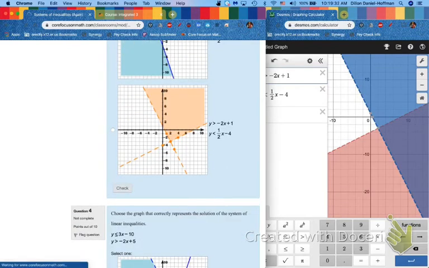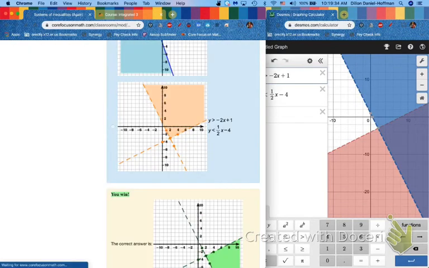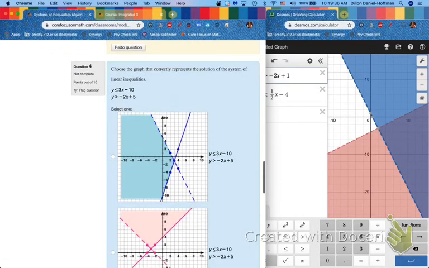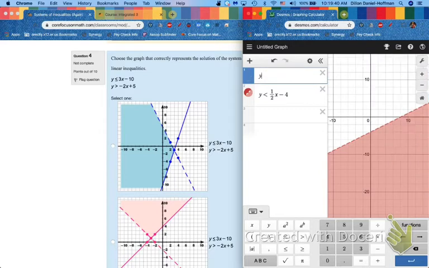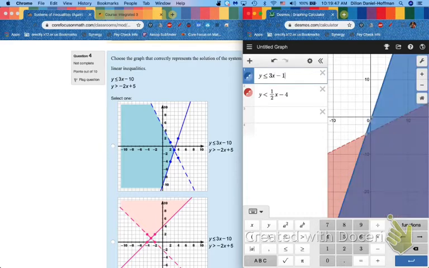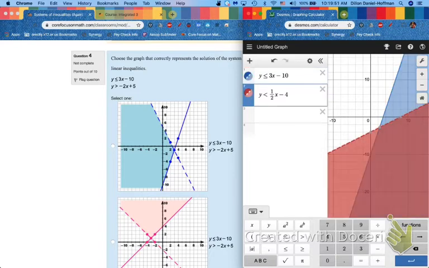And finally, on number 4, our inequalities change. So I'll have to update them. So now I have a less than or equal to with 3x minus 10. So for the first time, I have a non-dotted line. Look at this blue solid line that's right there. And I need to change this inequality too because it's greater than